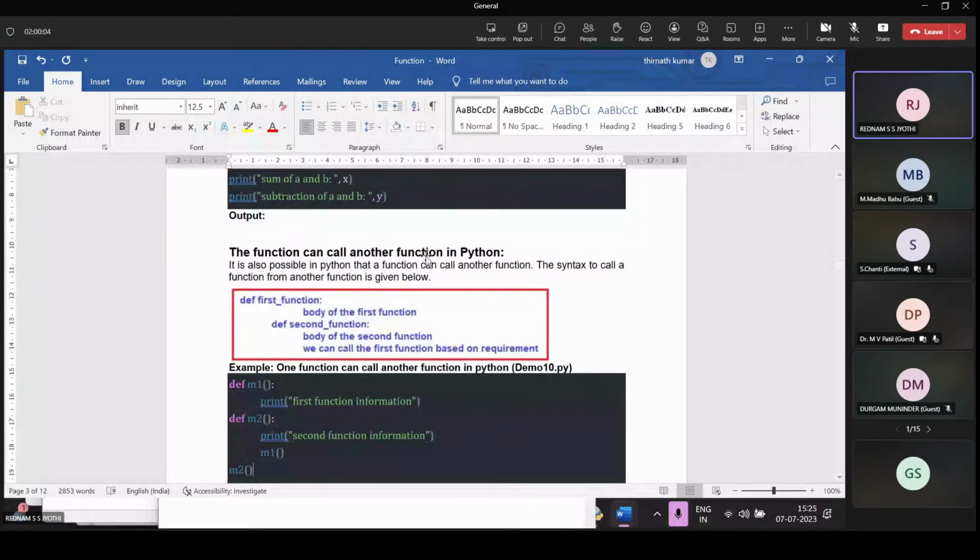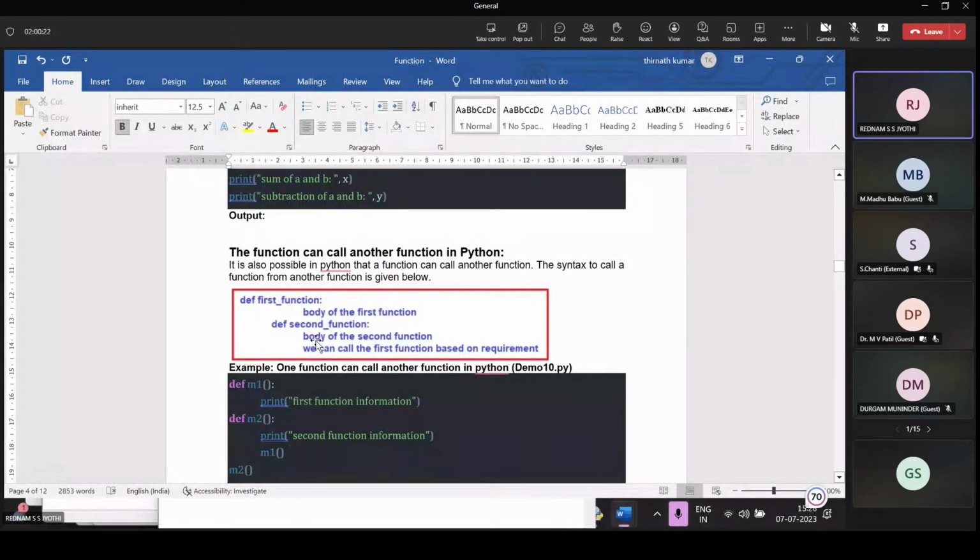A function can call another function in Python. It is possible in Python that a function can call another function. So this is the first function with its body, and the second function calls it, meaning the function itself consists of another function.